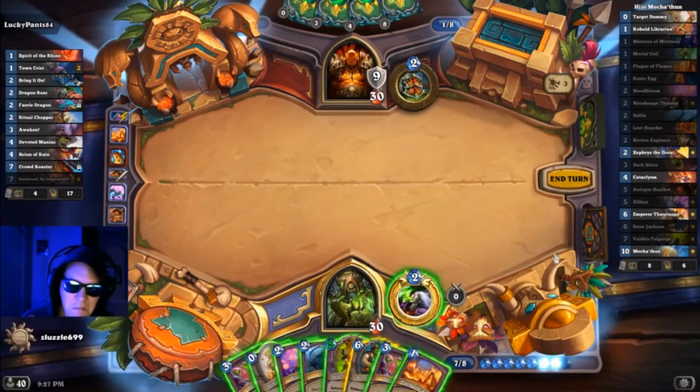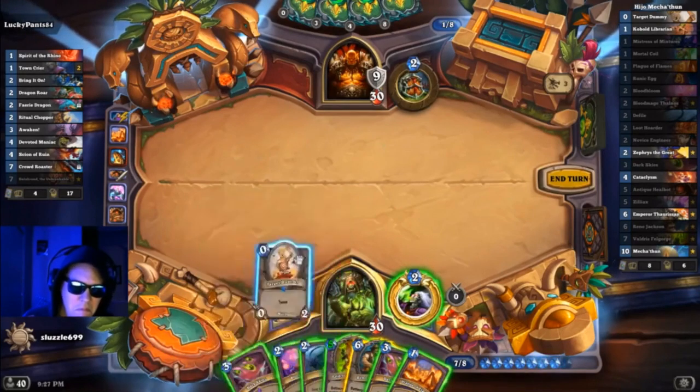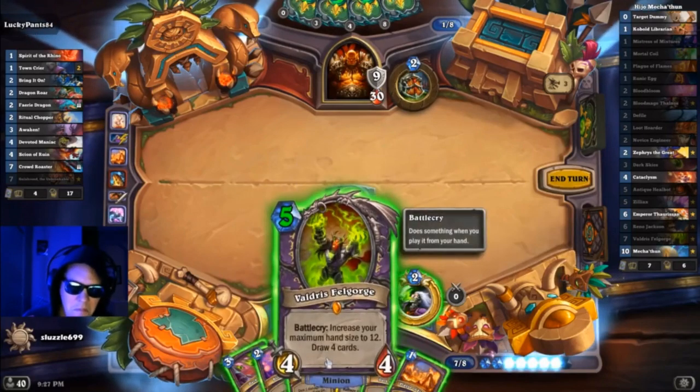Well, in Quest Reno Mage and in other decks that would run Kazakus, there aren't as many good card draw options as you'll see here in this Warlock package that Sluzzle's running. And so it's interesting and viable, but I think ultimately too slow for the...